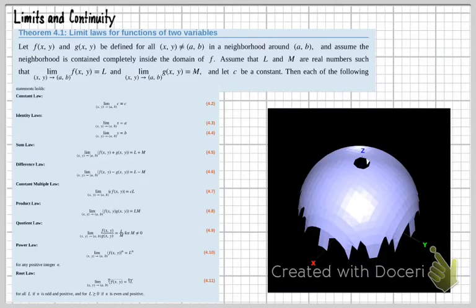Limits and continuity. Let's start off by talking about limits. So look at this theorem down below here. It says let f(x,y) and g(x,y) be defined for all (x,y) not equal to (a,b) in a neighborhood around (a,b),